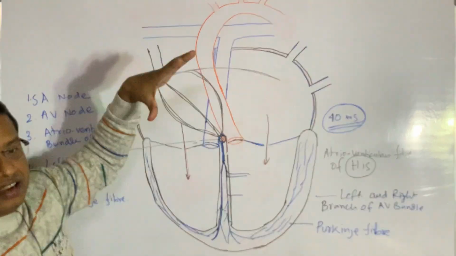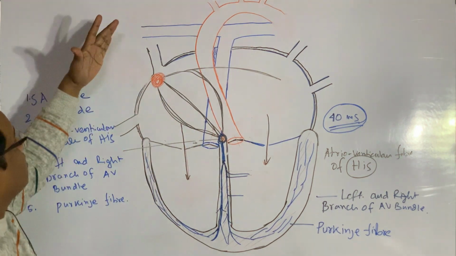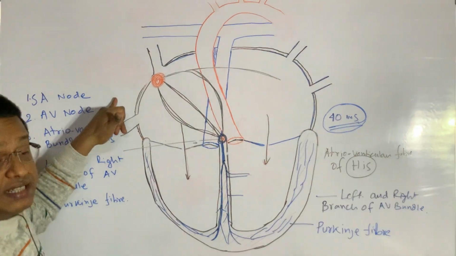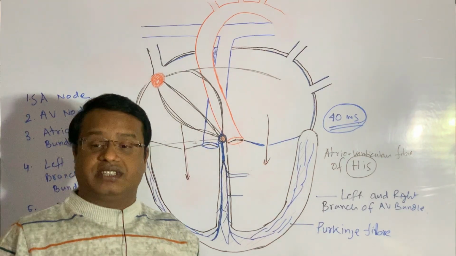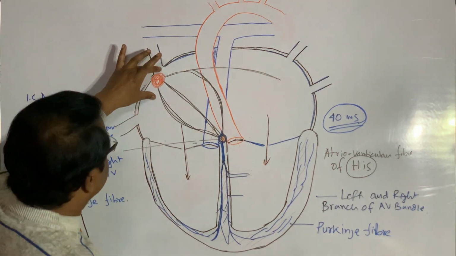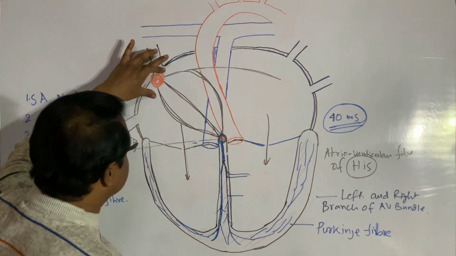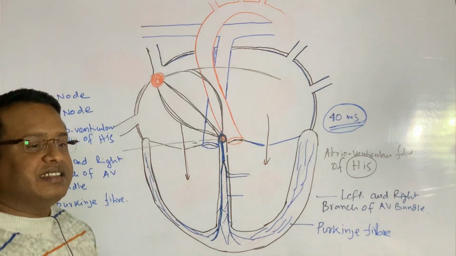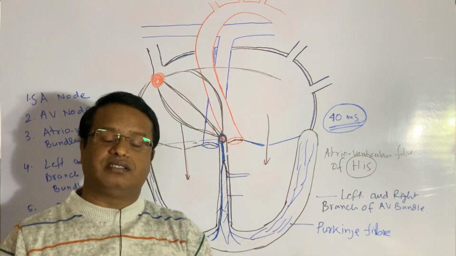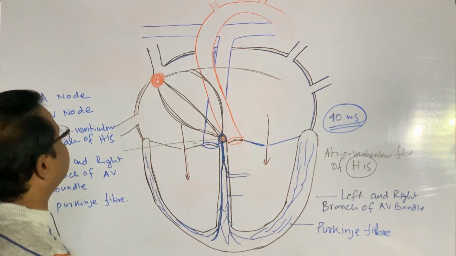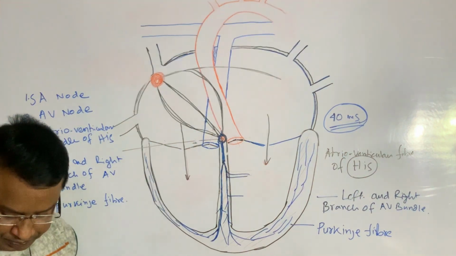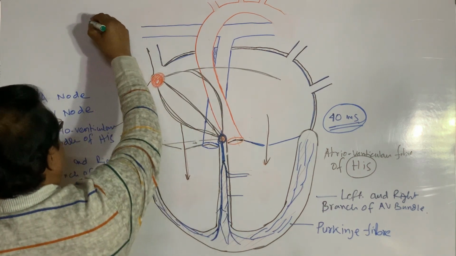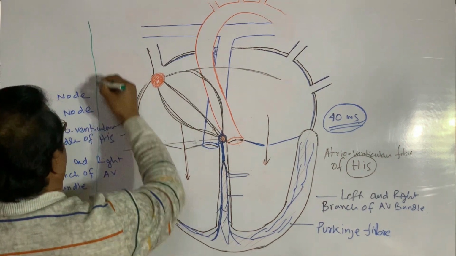One interesting thing: earlier I said that if we separate the heart from all external connections or influences, it beats 90 to 100 times in a minute. So the SA node can generate 90 to 100 beats per minute. Then why is our pulse rate 70 to 80 per minute? That's important, I'm going to explain all this. Our heart has a neuronal connection,